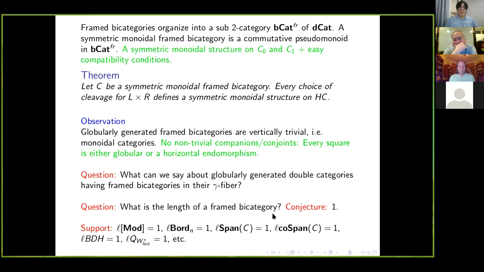And I didn't have time to mention this, but the definition of frame bicategories, once you unwind it, looks a lot like the globularly generated double category condition, almost with a twist, with lots of things in between, but there's something that looks like the globularly generated double category condition of length 1. So there is some evidence that this should be the case. If this is the case,